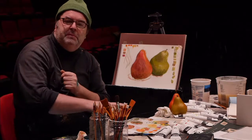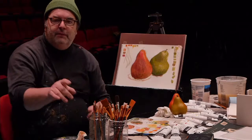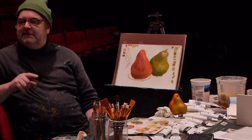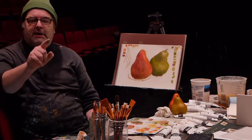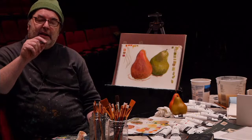As you begin to mix more, and as you begin to experiment more with mixing, you'll actually be able to look at those paintings and think, I know how he did that. He used a cadmium yellow, a cadmium red, and he used a little bit of burnt umber. And if you see that,